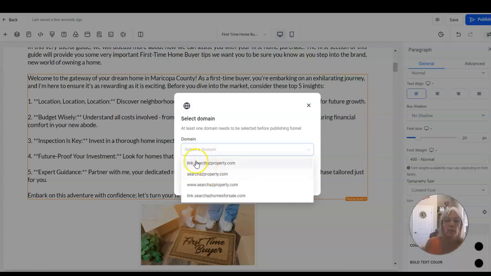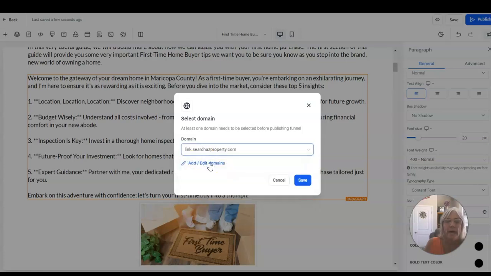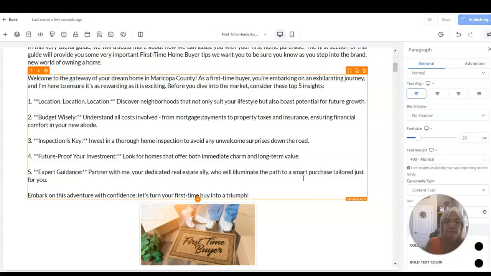I need to have a separate URL. So I created one that I use for all of my landing pages, one subdomain of my main one. I'm going to go ahead and use that. This didn't cost me anything. I just connected it through my GoDaddy account. Simple. It took me a couple of minutes, literally. Now I'm going to hit save. And now, if I want to go look at this after it publishes,